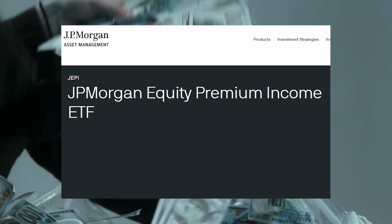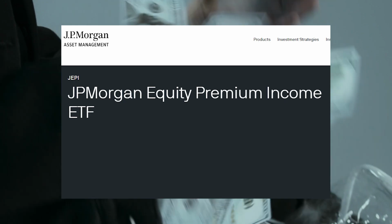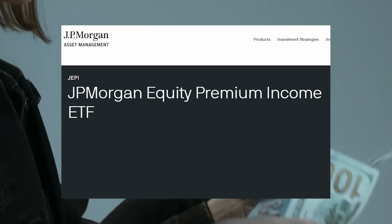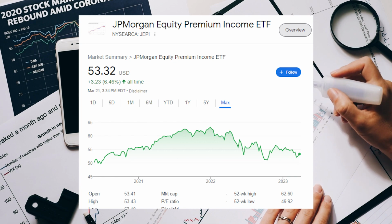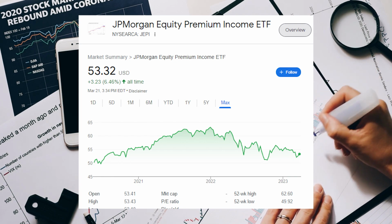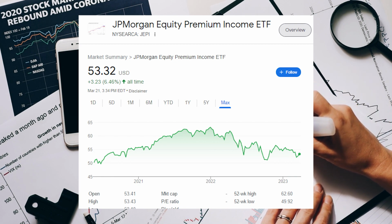The JP Morgan Equity Premium Income ETF, known as JEPI, is a relatively new exchange-traded fund that was launched in 2020 by JP Morgan Asset Management. This ETF, in my opinion, is great because it's designed to provide investors like you and I with income and capital appreciation potential by investing in a diversified portfolio of US large-cap stocks while also using a covered call strategy